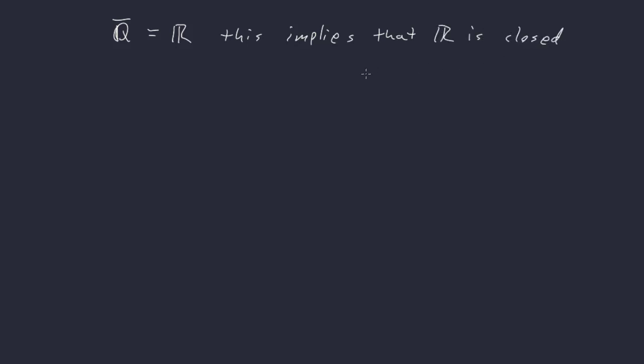We also get that from the previous theorem, which basically says that for any real number, there exists a sequence in the rationals that converges to it. So, in other words, this is also true: R is also closed